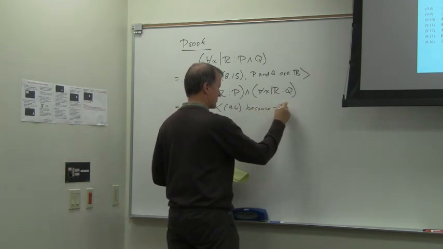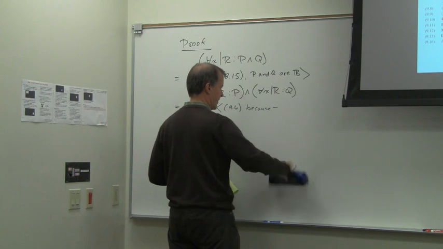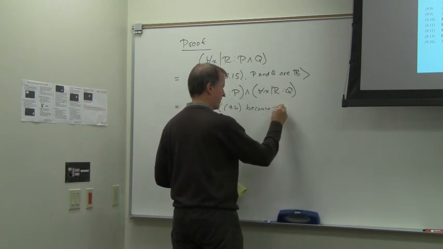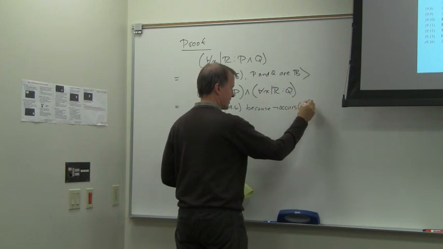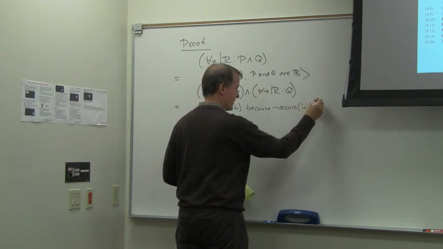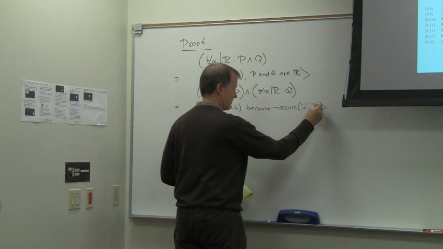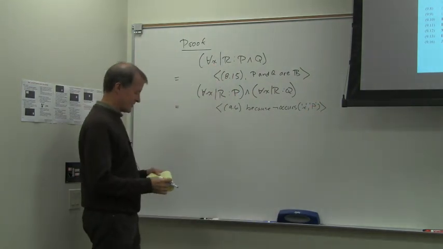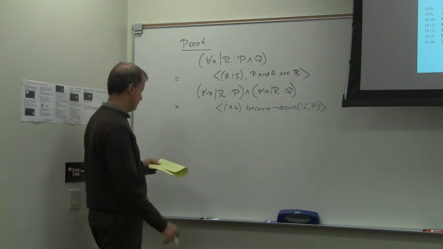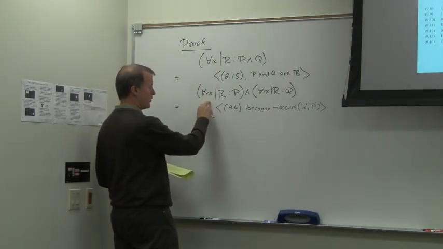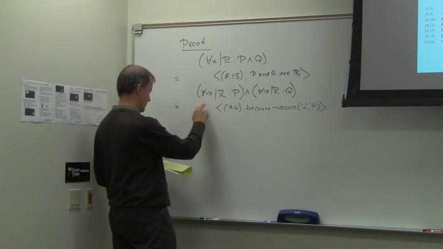Because not occurs, X in P. Okay, so what does that give us? That gives you your conjunct. So what's over here? Yeah. Okay, so what does that give us? Definitely that one. So what? Parentheses P